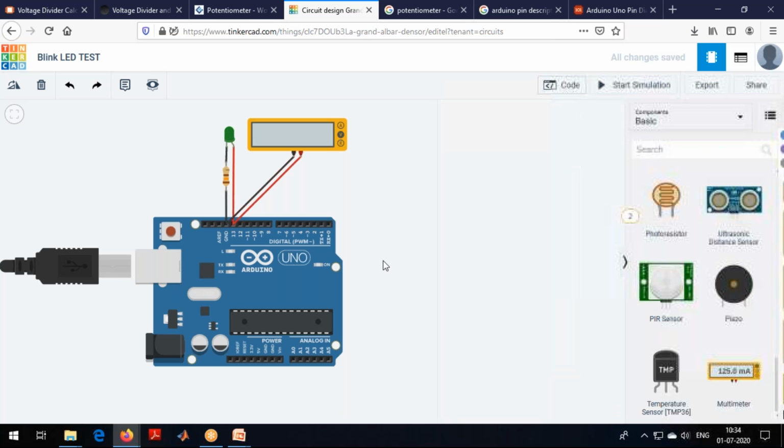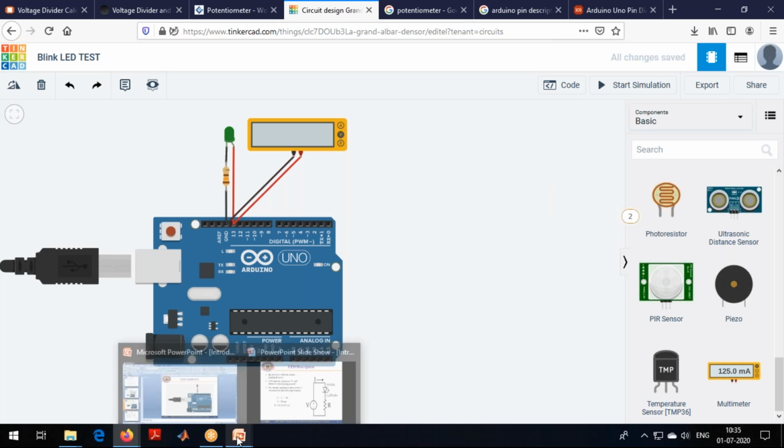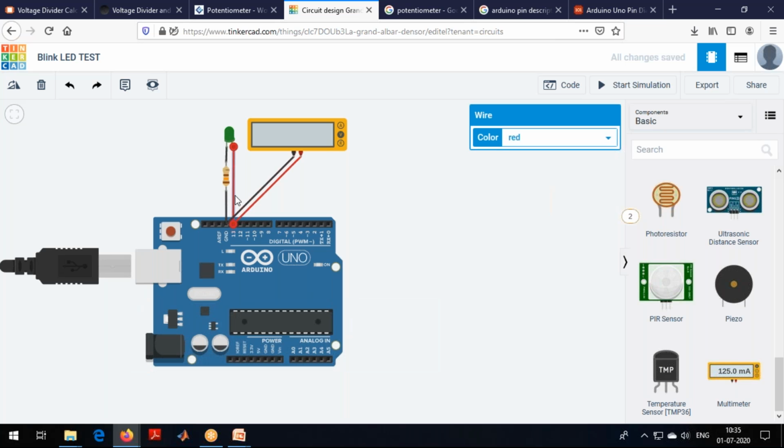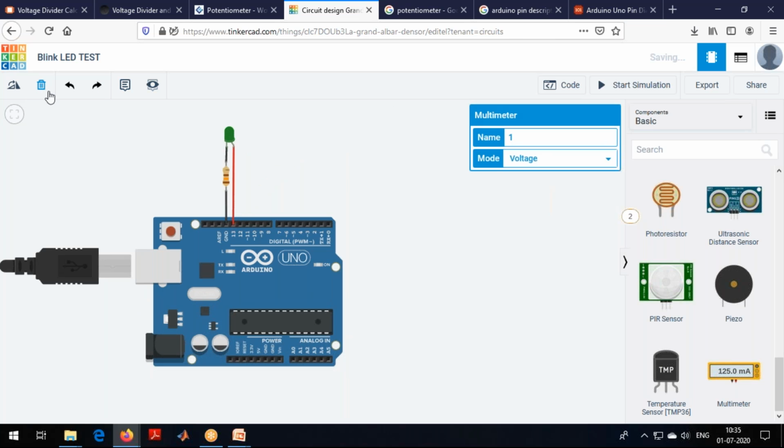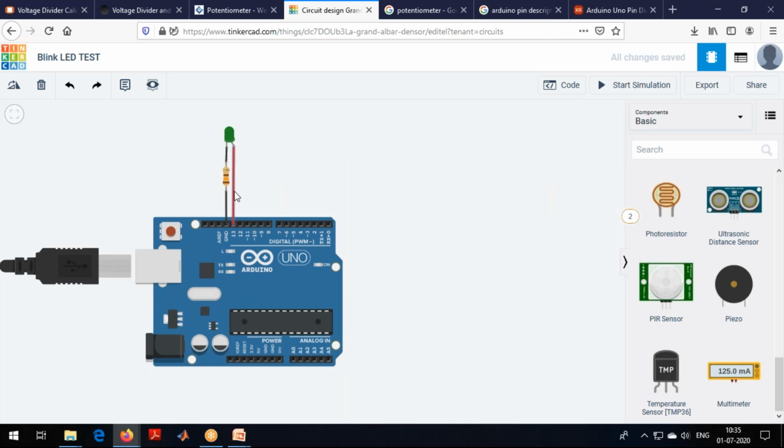So can I say this is the same principle people use in decorative lights? Decorative lights keep switching on and off, right? They use this kind of principle. I am not saying this is the device they are using, but this is the kind of principle they use. Okay, we are done with the LED. We can also connect this one elsewhere; it need not be connected to the 13th pin itself.